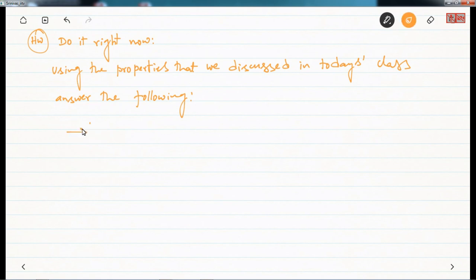There is a question something like this: we have cascaded systems, the first system has impulse response h1 of t, the second system has impulse response h2 of t. Is it equivalent or not to the system